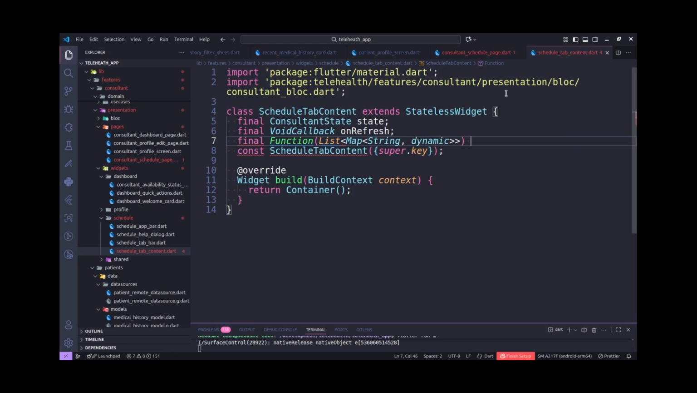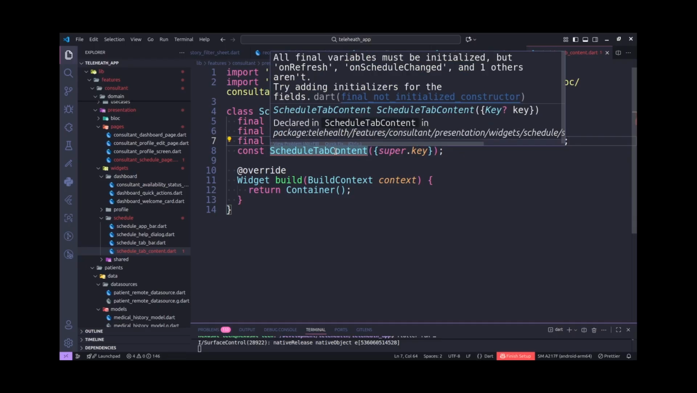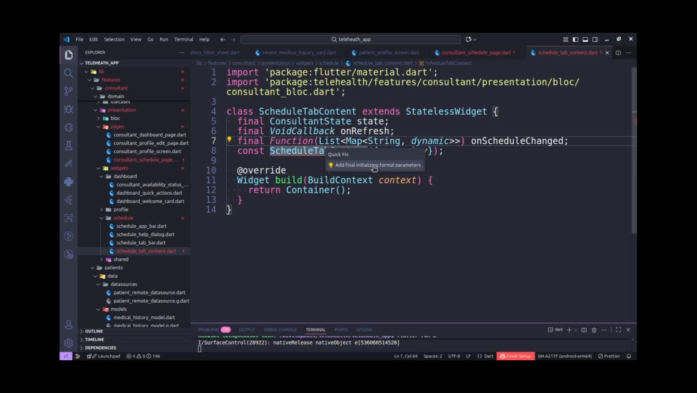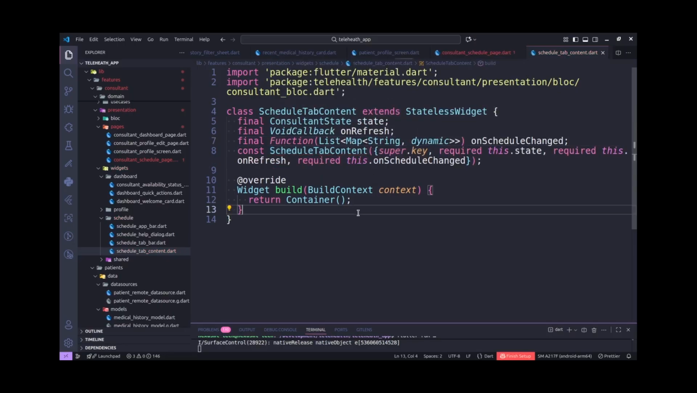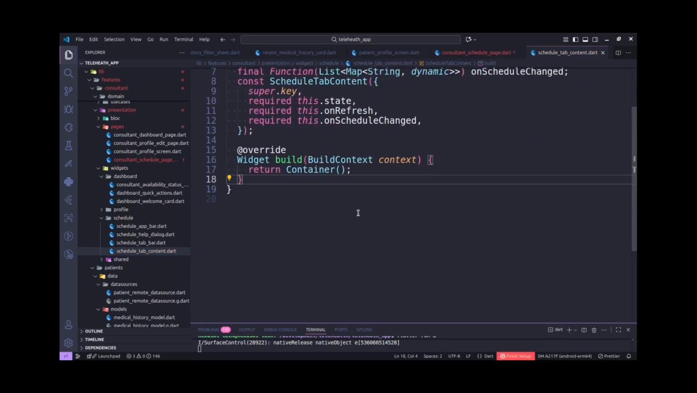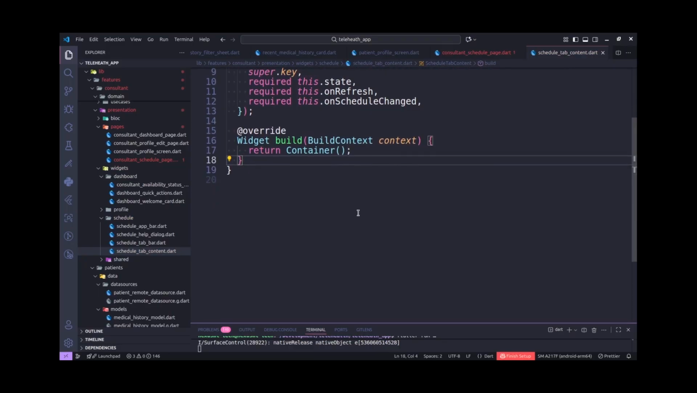So then we're going to name it on schedule changed. Okay, so on the schedule it is changed. So on schedule changed. Okay, so then we need to pass them to our constructor here. So just come here and initialize them there. Okay, so like that. So the next thing that we need to do is start working on our